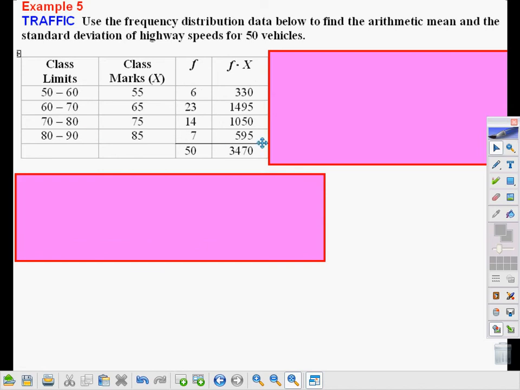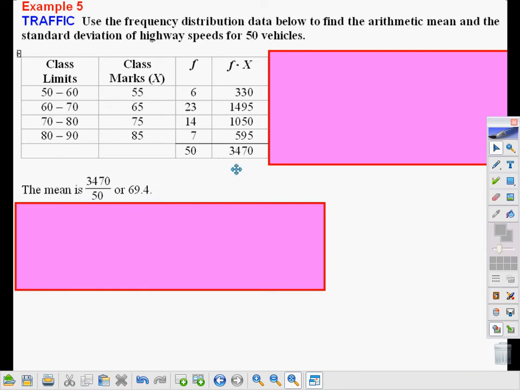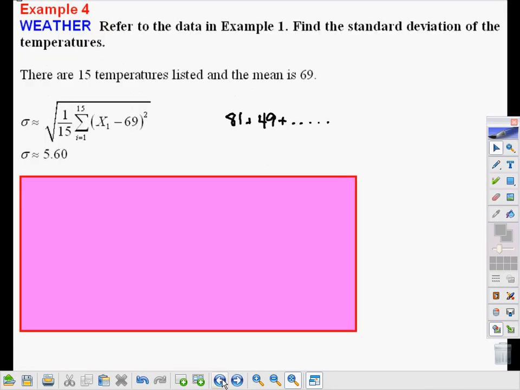And I do that for each of the class limits, and I add them together. That allows me to find the arithmetic mean. I take the summation of all the speeds, divide by the 50 vehicles, and that gives me a speed of 69.4 for my average. Now, for the standard deviation, if we look back at our formula,